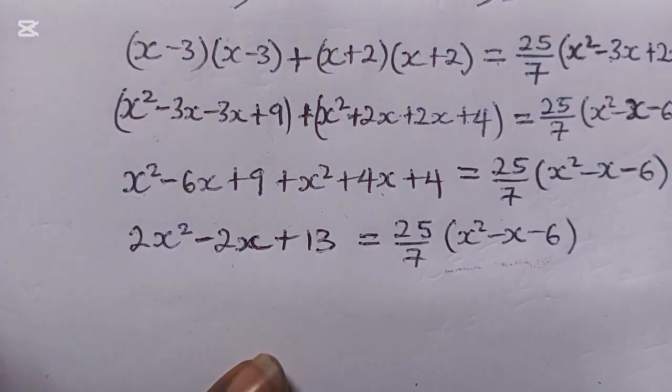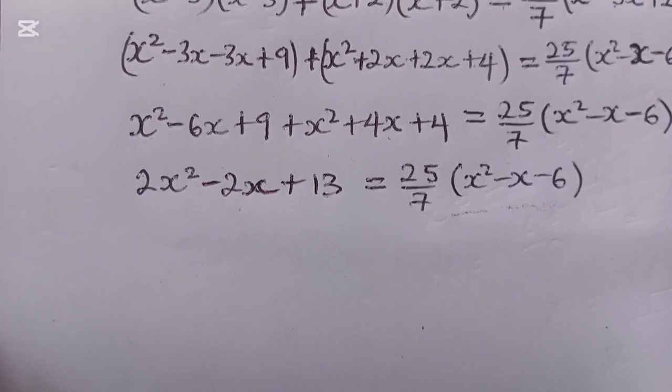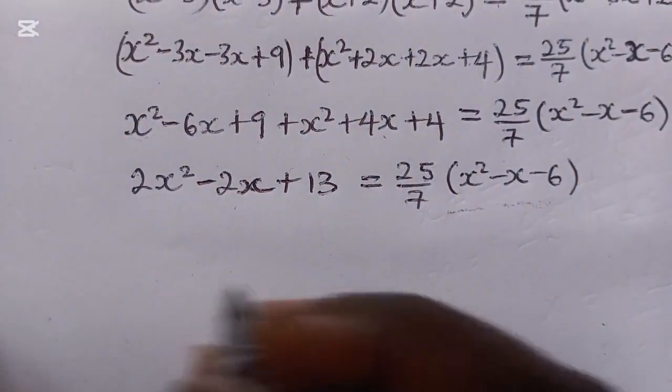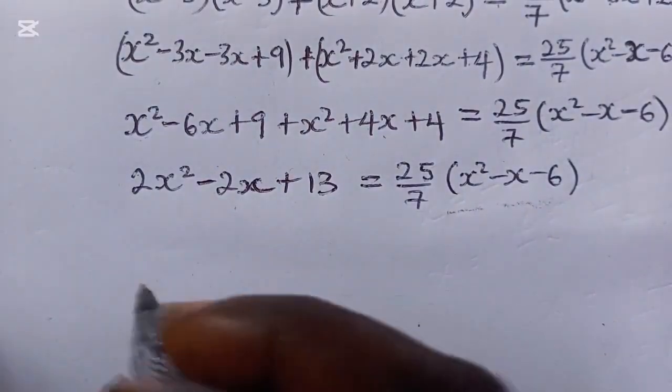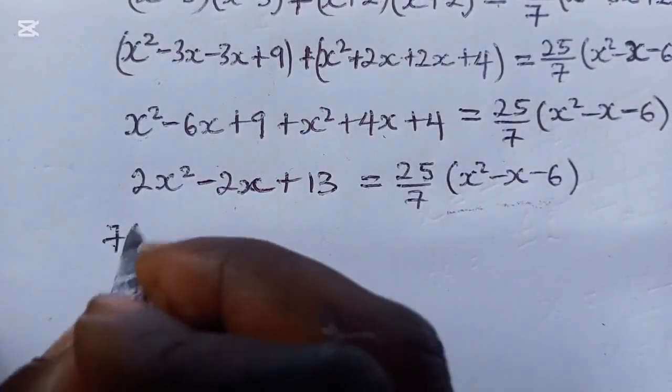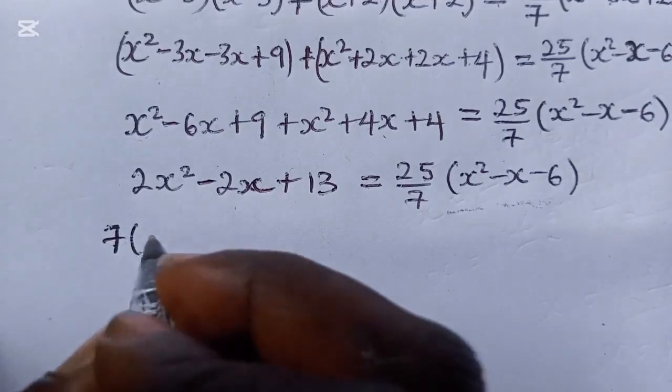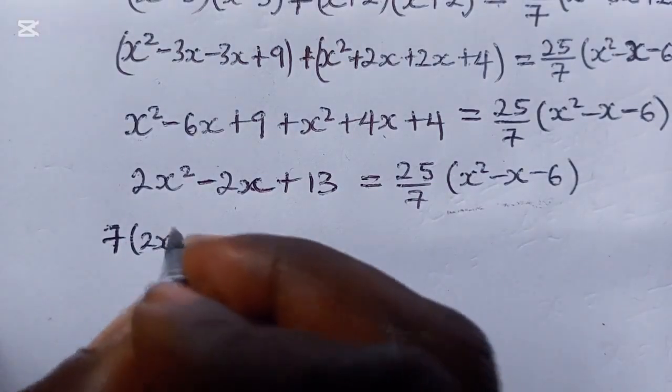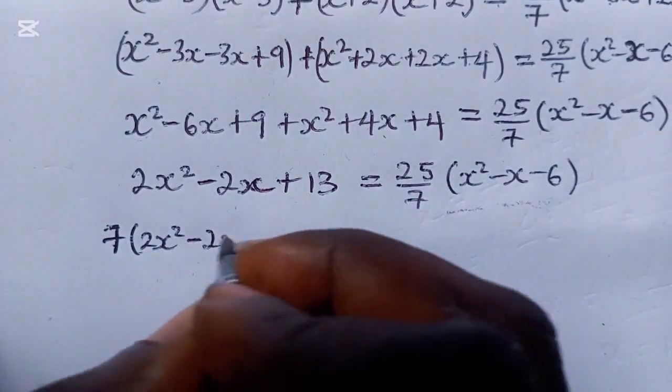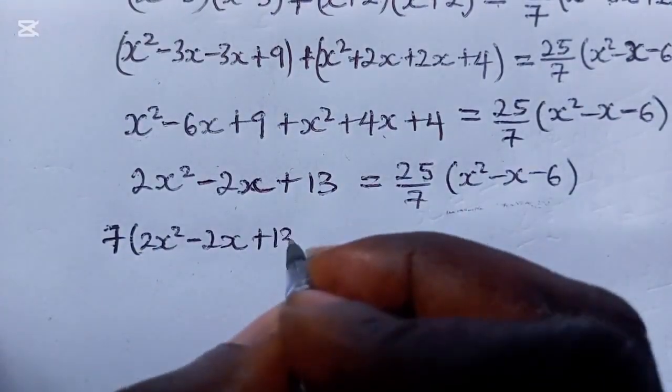So the next thing we are going to do here is to multiply through by 7. So we have 7 into 2x square minus 2x plus 13